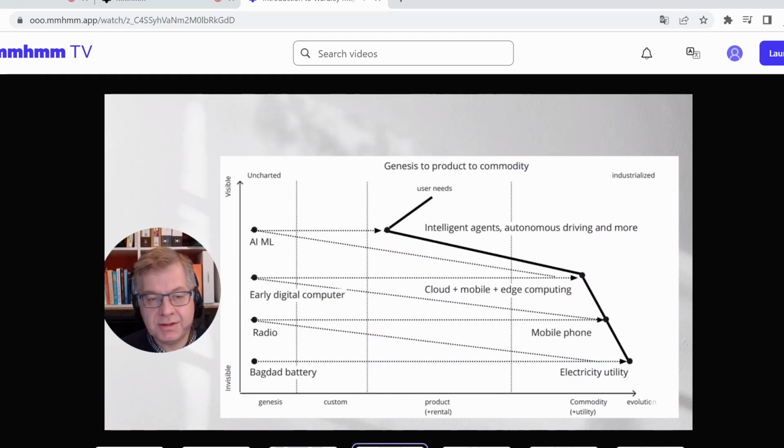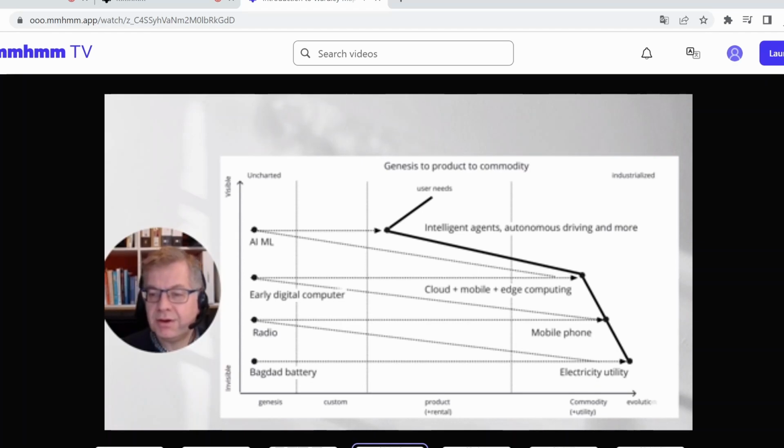So when we chart all of these different offerings and how they evolve, we can see a Z pattern. Each offering, when it matures, enables a new offering of higher value and higher visibility to the customer and a higher potential competitive advantage. Here we have the battery, the electricity at the early stages evolving to utility, radio evolving into mobile